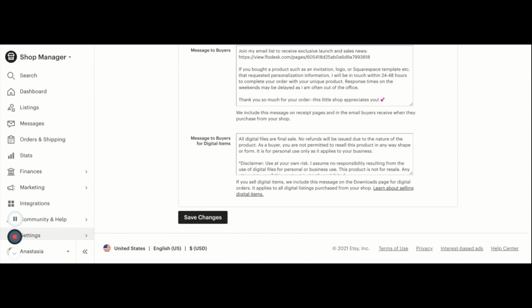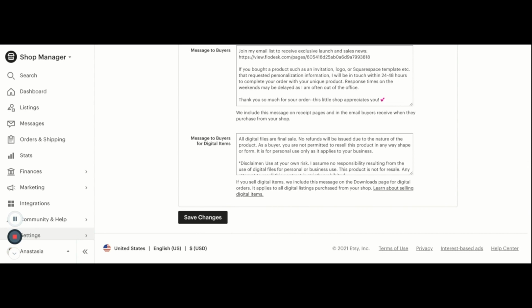Obviously, I am not a lawyer, so I do not write completely legal jargon that you would need. If you want to get it checked with a lawyer, totally feel free. I just put in, all digital files are final sale, because due to the nature of digital files, once people get your PDF with your links, they have your template. So if they buy it and they're like, oh, I bought the wrong template, or oh, I didn't buy it for the right platform,